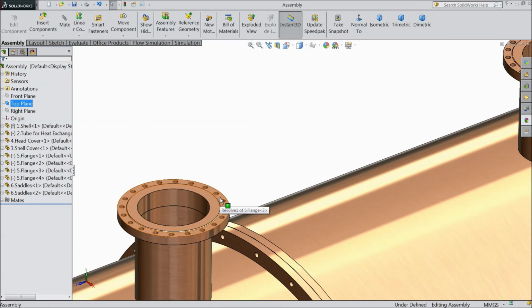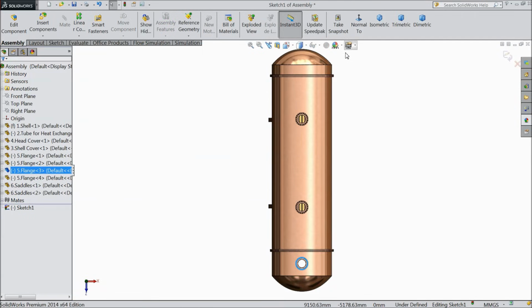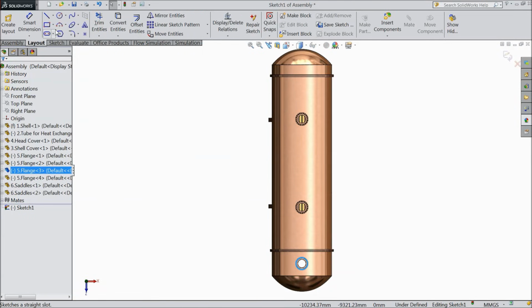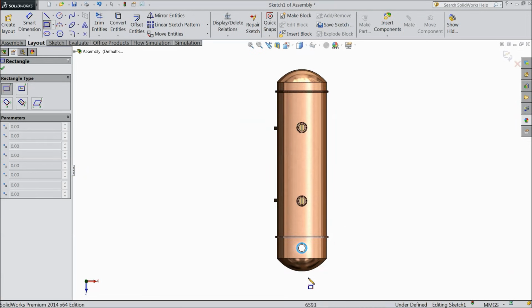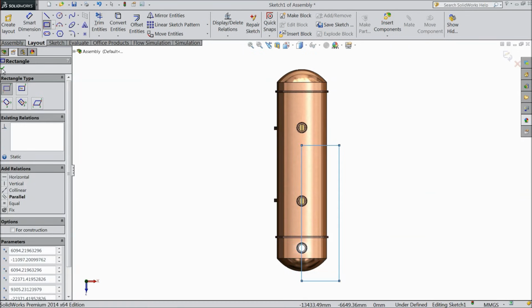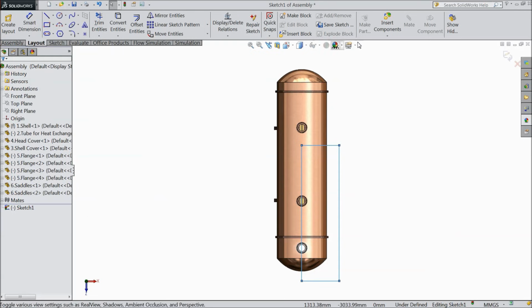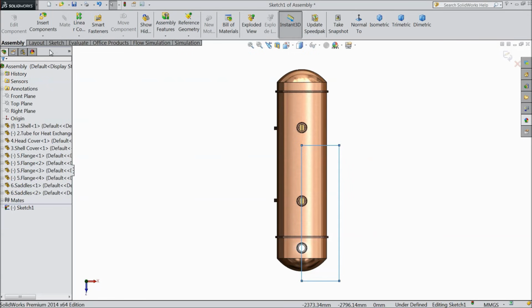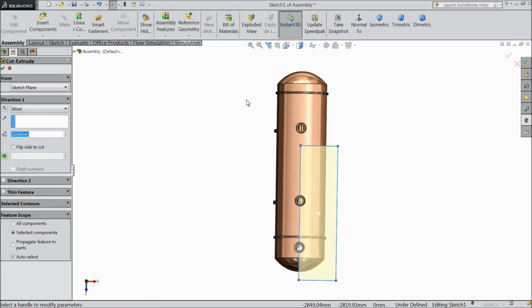Or select this top face, sketch. We want to do some corner layout. We want to make some cutouts. Select here extruded cut.